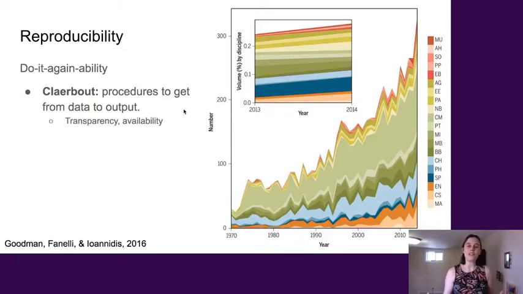And we can think about this as being an issue primarily of transparency, right? It's not a black box where we insert data in and out comes some kind of output. Instead, we need to be able to understand what manipulations happened to the data, how did we get from point A to point B, and we need to be able to know that in order to be able to do it again. The test here for reproducibility is, given the same data set and the same tools, can you get